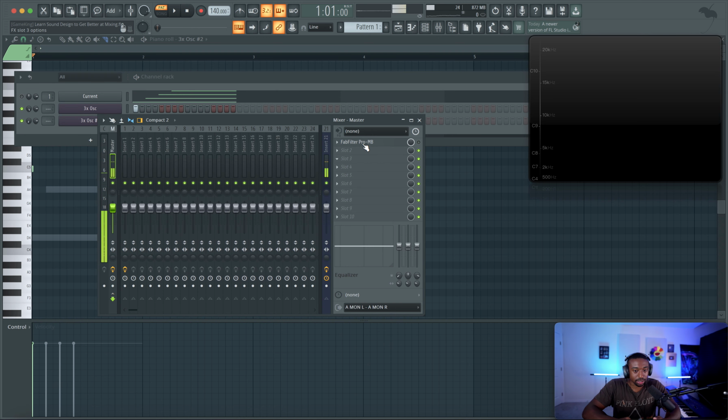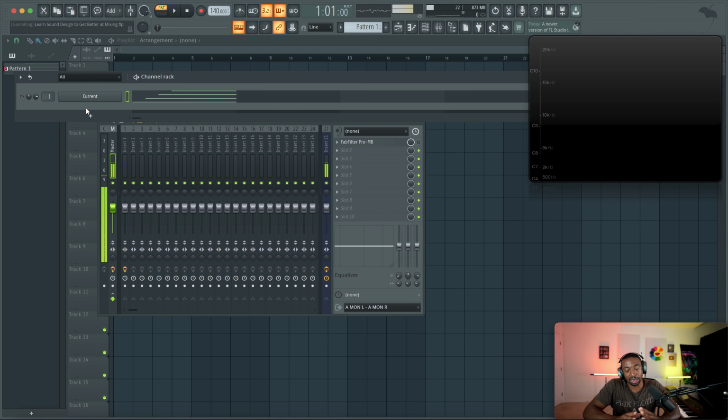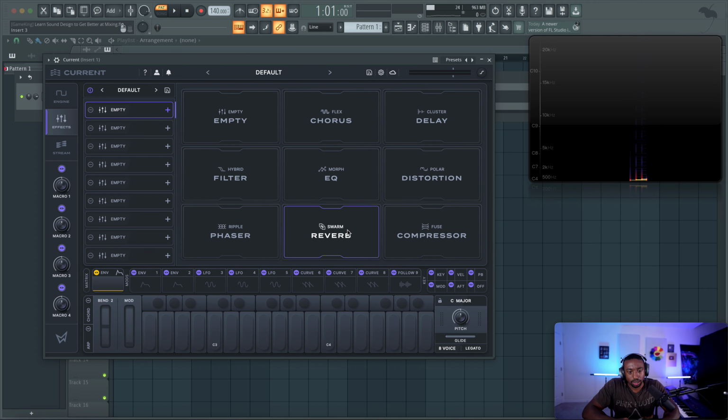Now, a more realistic example would be something like a reverb. So if you have a mono sound, let's say mono here, you have a mono sound panned centered, and then you add reverb to widen it out. A lot of your sound is on the sides. So we'll quickly go through this. I don't want to complicate it too much. So let's turn this back on. Now let's add a reverb to our sound. So let's go to the effects and add some reverb.